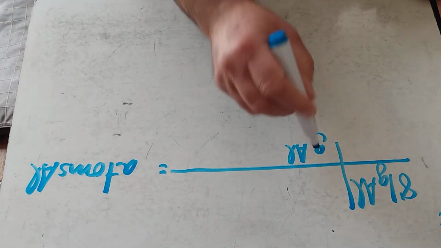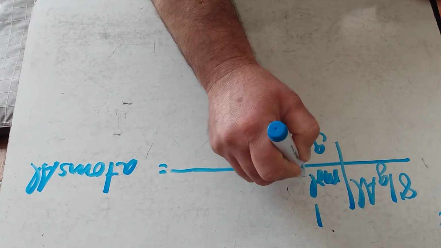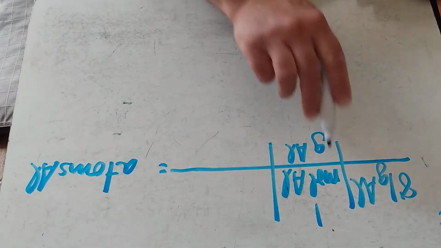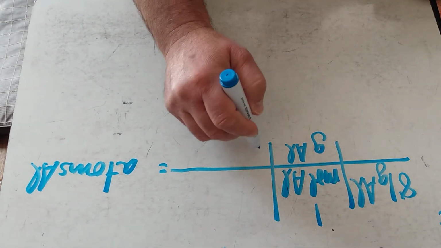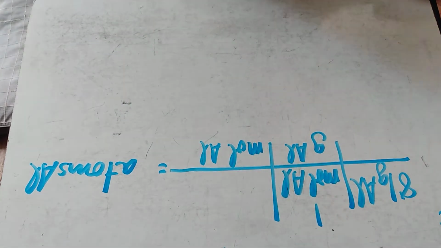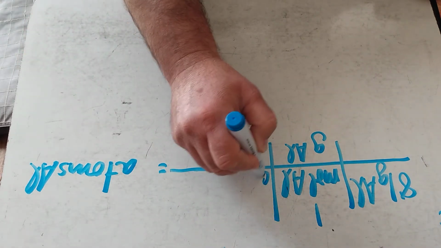We know that grams of aluminum equals 1 mole of aluminum. We don't want moles because we want atoms, so we're going to put mole of aluminum here, and we know that a mole of aluminum equals atoms